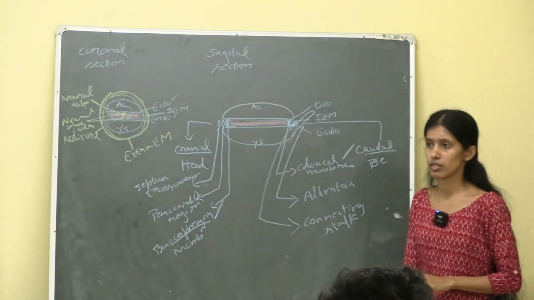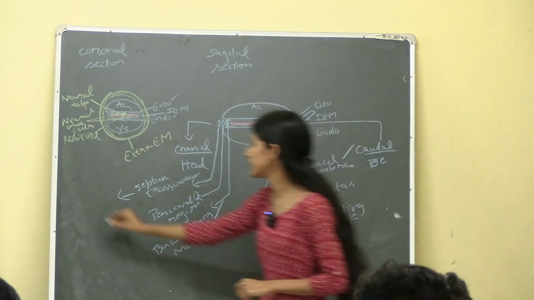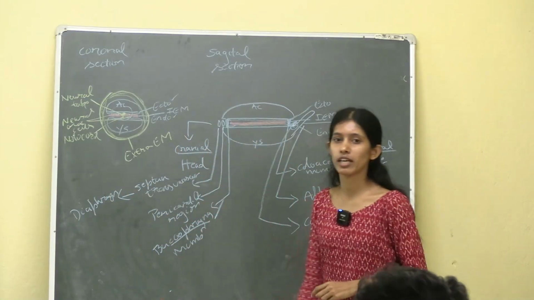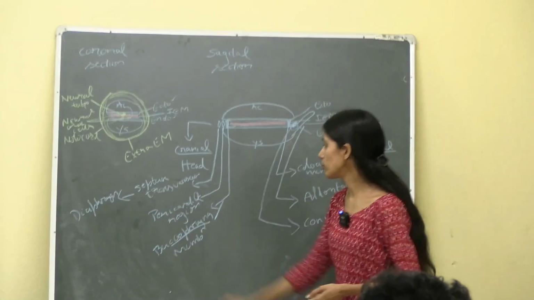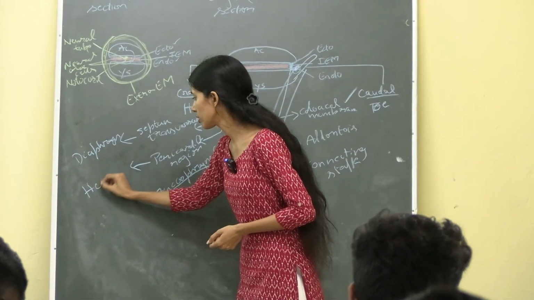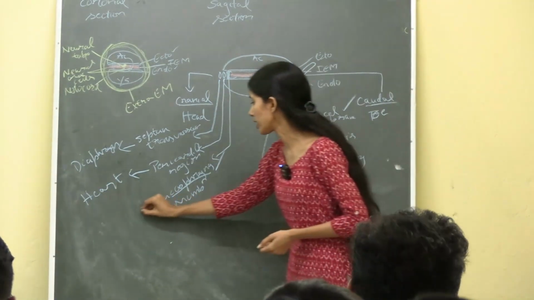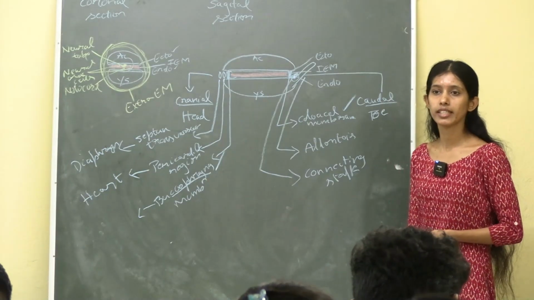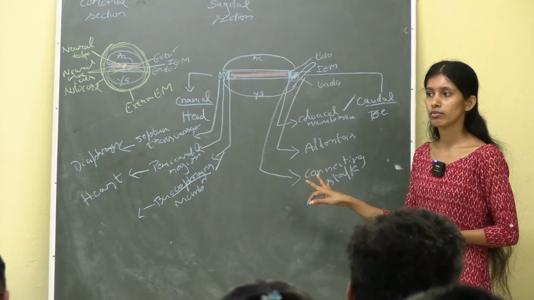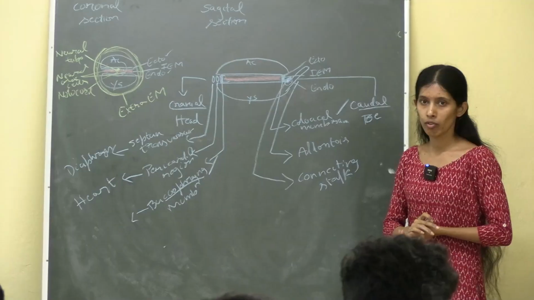Okay. Next, from the septum transversum, we can see the development of the diaphragm, followed by the pericardial region, where we can see the development of the heart, and then we have the buccopharyngeal membrane, from which we can see the development of your mouth and esophagus parts. Okay. Any doubts in this? This is how the coronal section and sagittal section of your developing embryo will look.